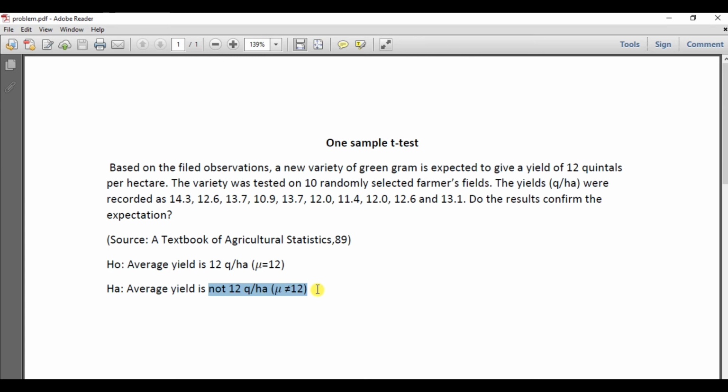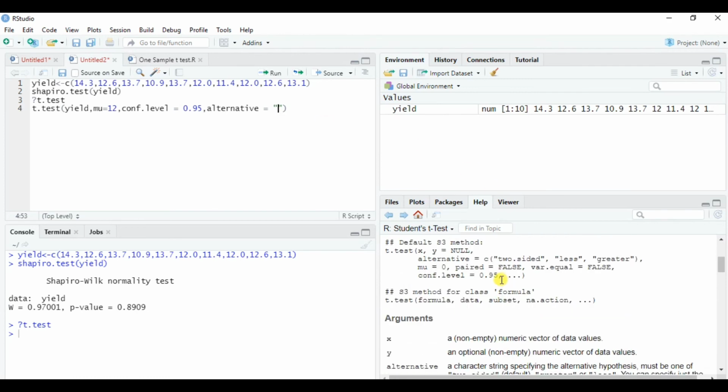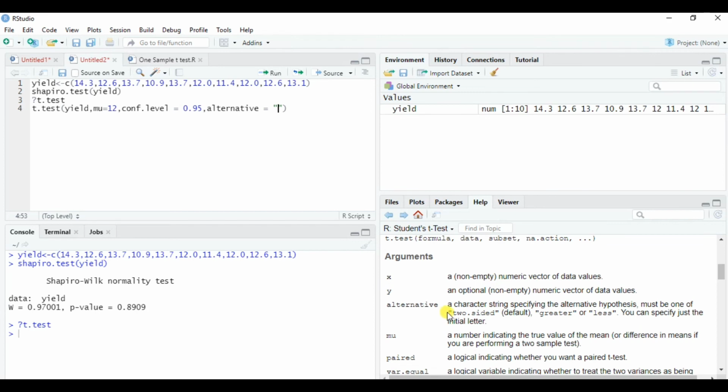But suppose the alternative hypothesis was that the average yield is greater than 12 quintals per hectare, then it will become a one tail test. I will show you what to do in both cases. First I will show you what to do in our case. We have two sided. Let's scroll here. We have to write two.sided. So just copy paste it, two.sided.